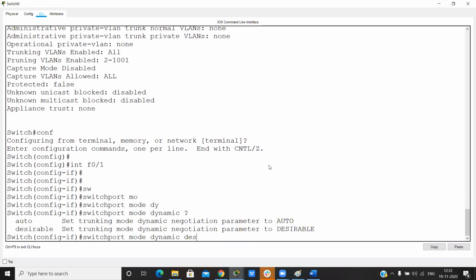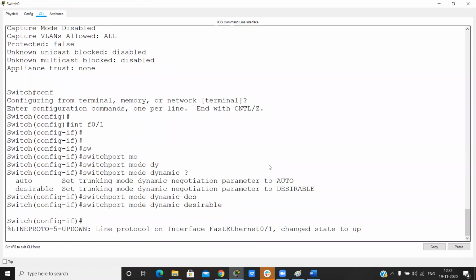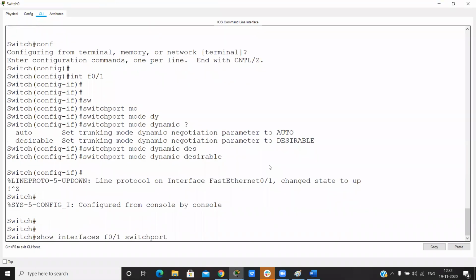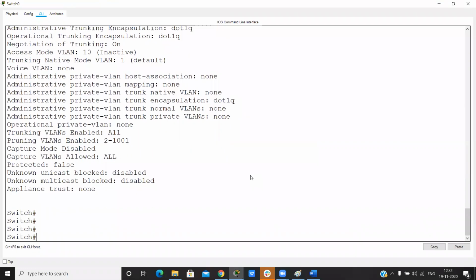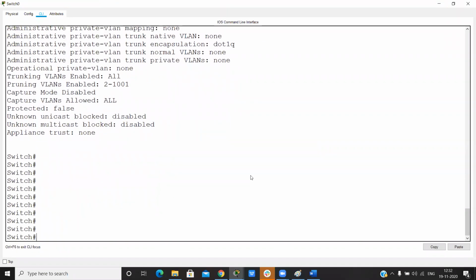If I run desirable, now you can see the administrative mode is dynamic desirable. If one side is desirable, then it forms a trunk.